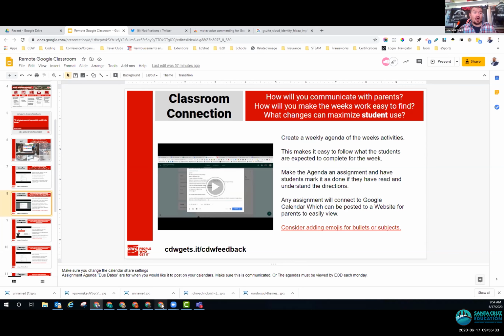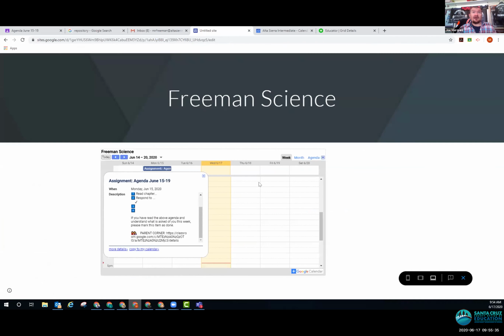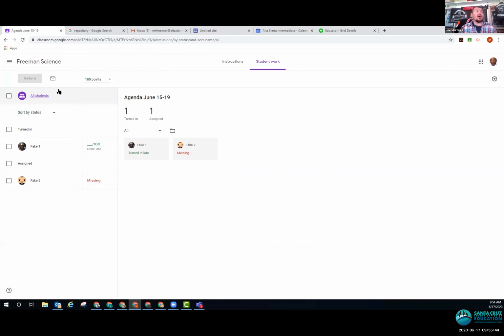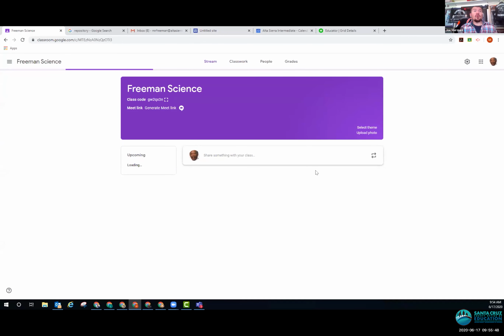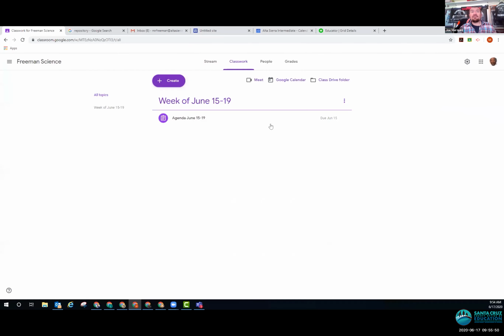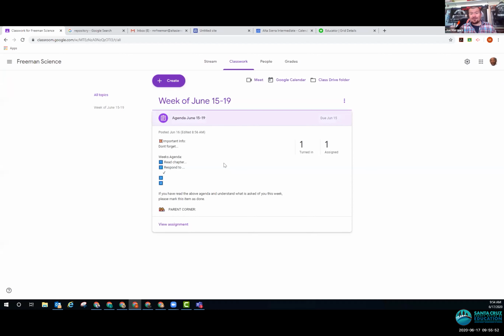One of the things I do want to also share with you is a free tool called Screencastify. Screencastify allows teachers to click and record a message, but the key to Screencastify is this. I think to meet the needs of all of our students, text won't do it alone. We need to make sure we're meeting all the modalities. Some students are visual learners. Some students are auditory learners. Some students can be text learners, but we want to meet the needs of all students.